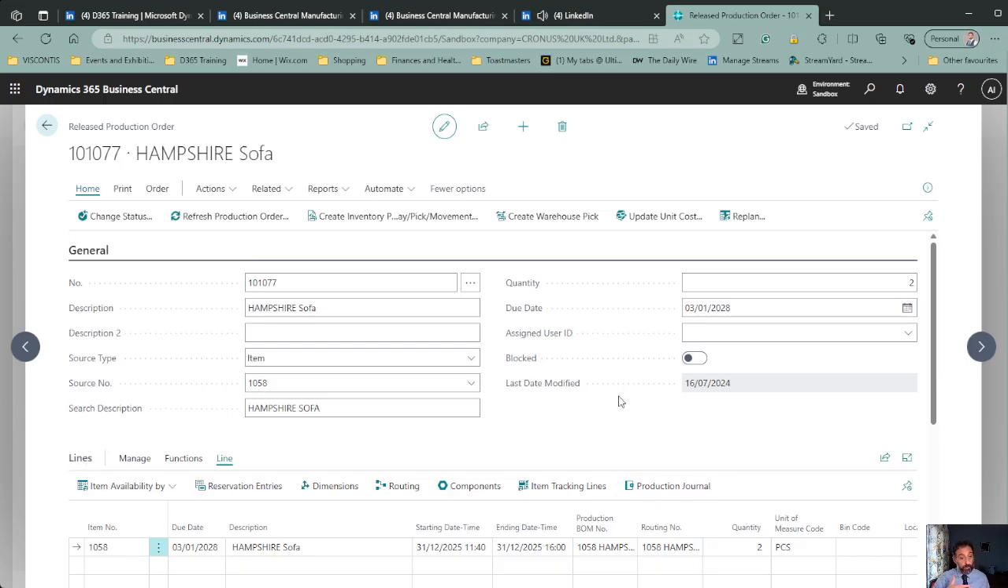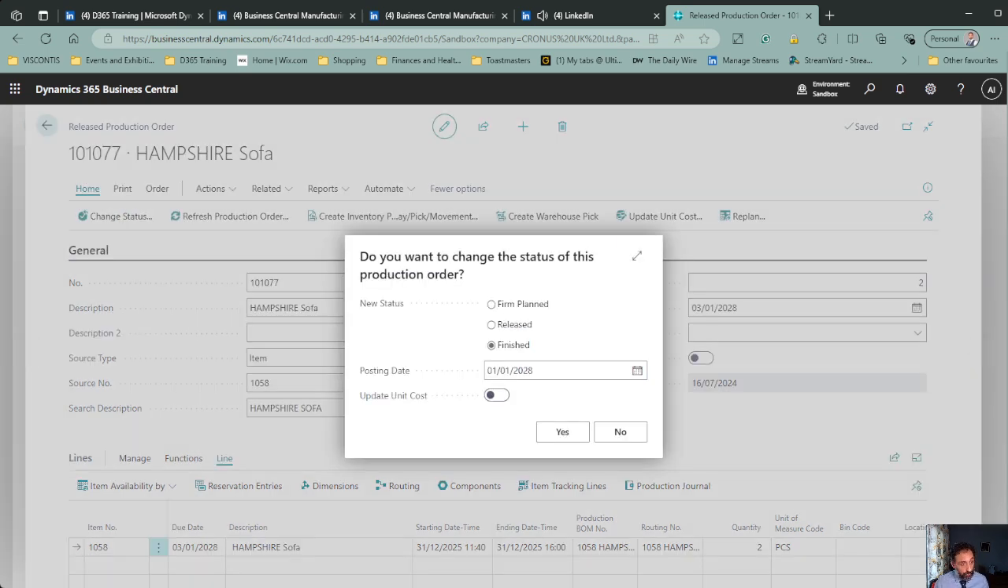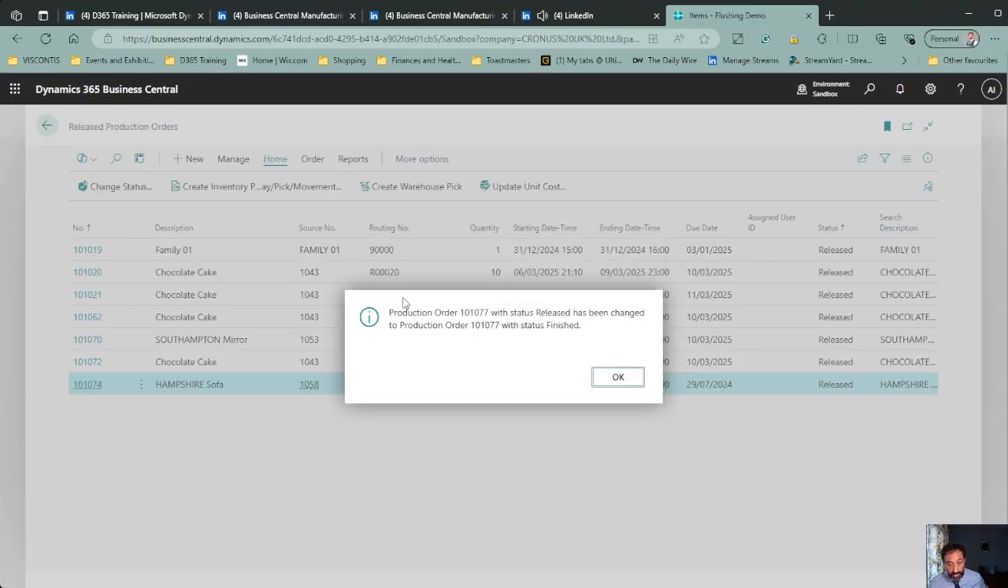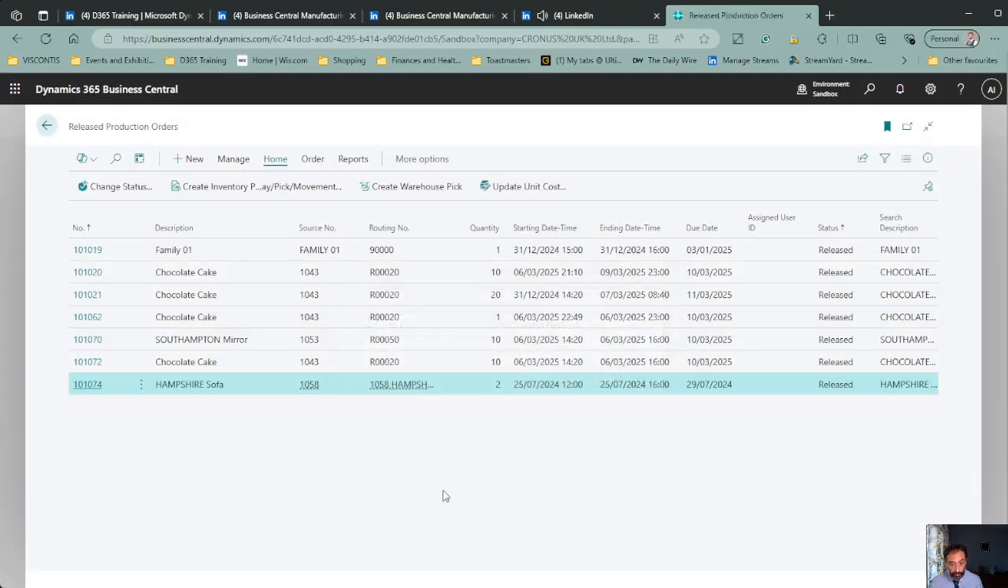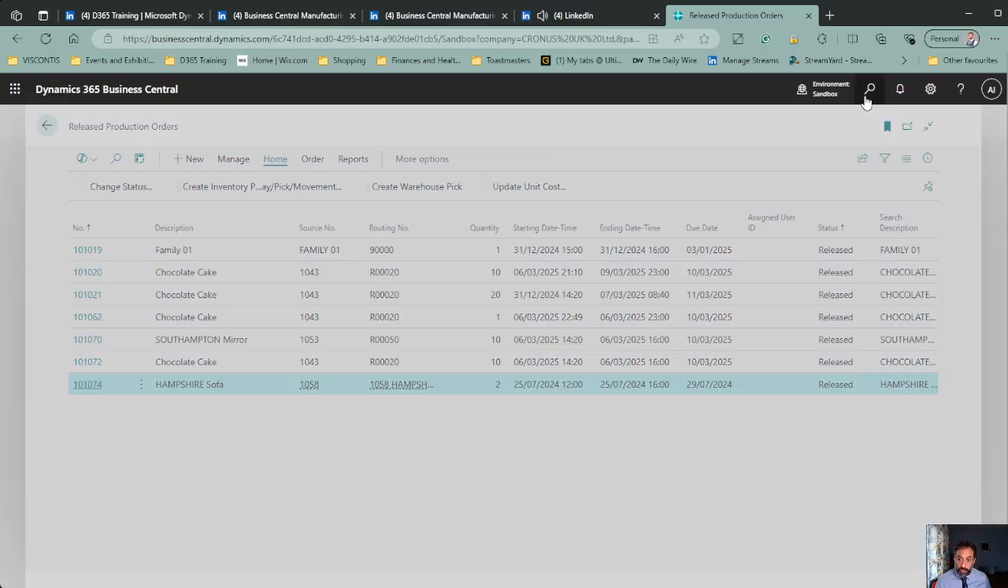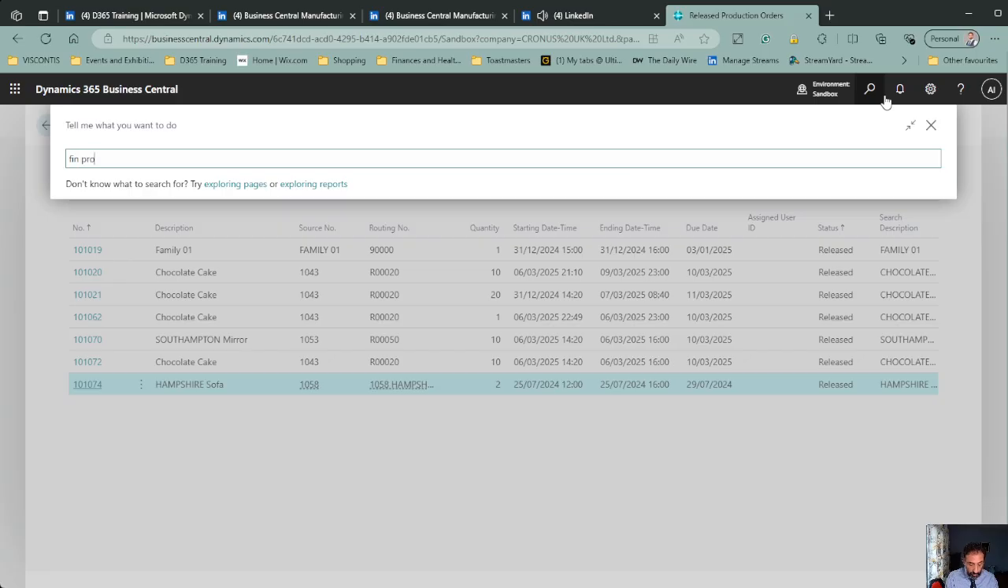To flush, essentially, to consume the 2 frames that I need to make my 2 sofas, I need to change the status of the order. And I need to change it to finished. So the order is finished. It's the end of the entire production process, to call it like that. And then you might have noticed posting consumption automatically. They showed for a couple of seconds, right? If we look at the finished production order